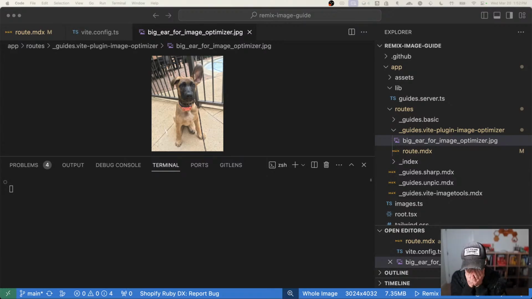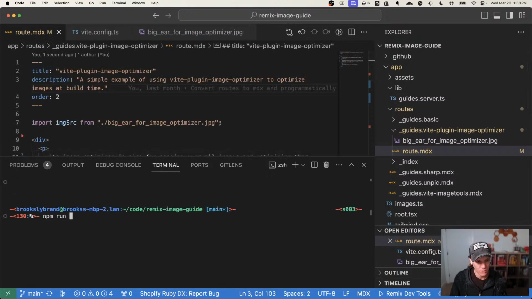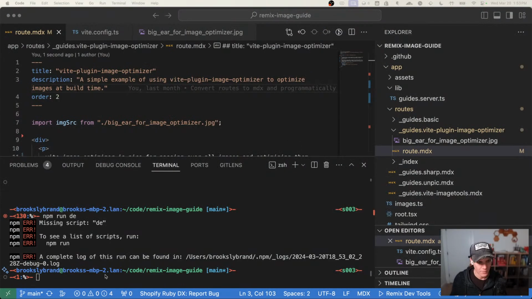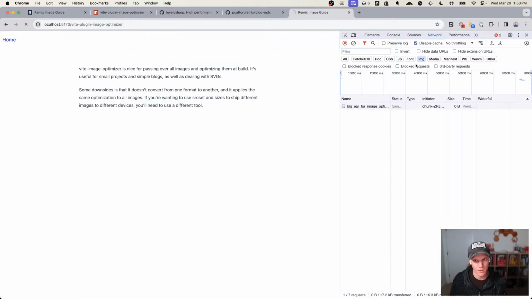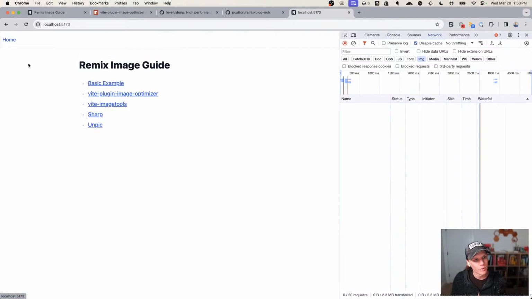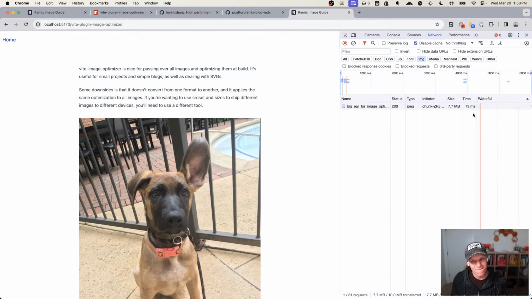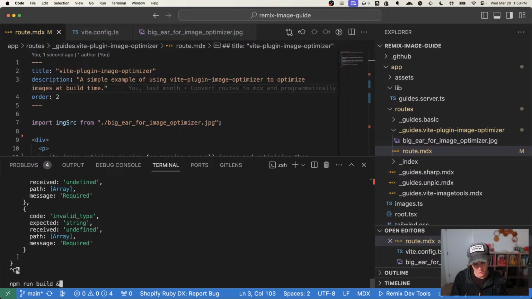Okay, so this is a big file, and we want to change it. And we did confirm that if we are running npm run dev, sorry, that was an accident. npm run dev, and then we go over here and look at the remix image guide. And we go to this one, and we're just looking for images. What is going on? Why are you blowing up? Weird. Okay, it's 7.7 megabytes, and then if I do npm run build and npm start,